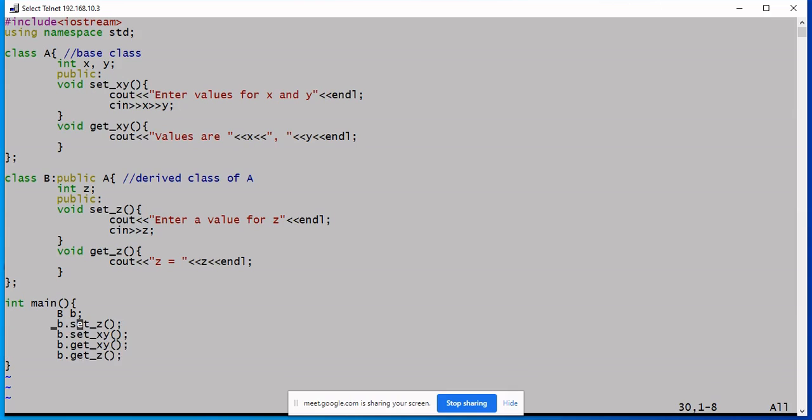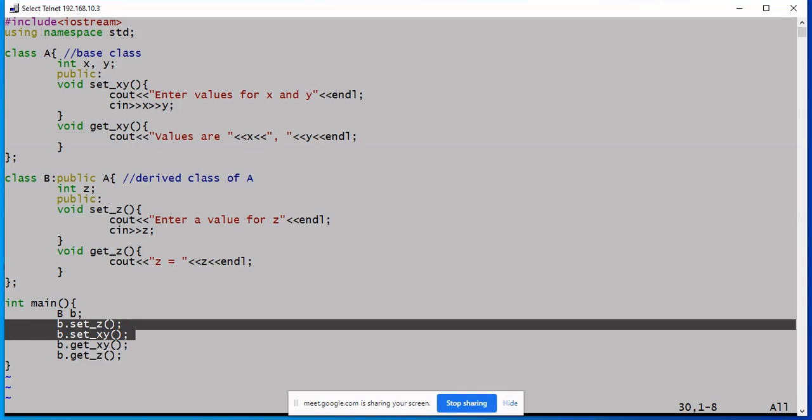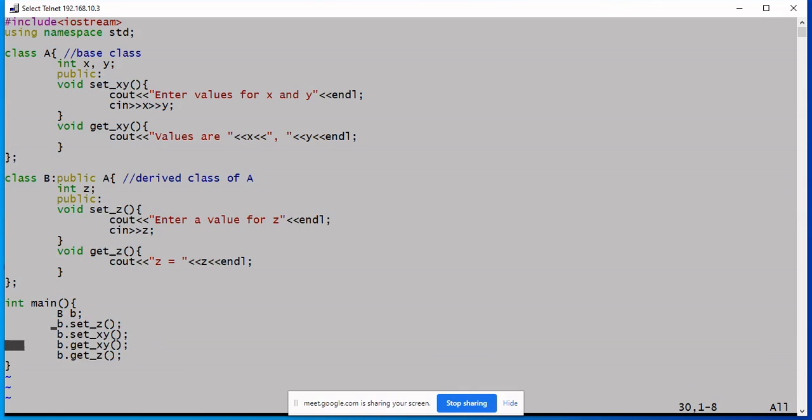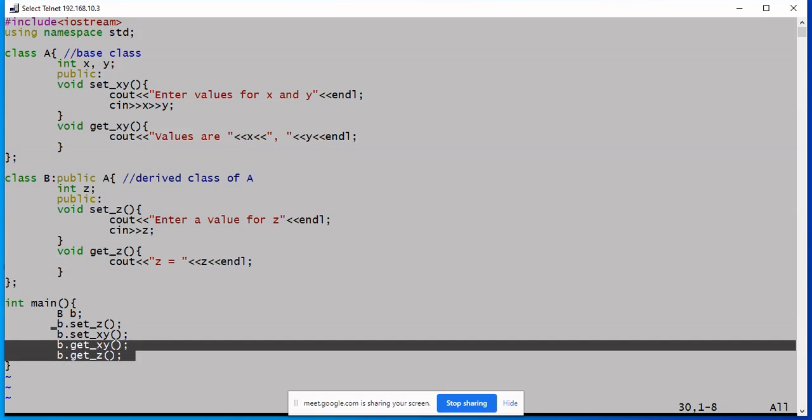Instead of calling two functions to set the values for x, y, z, can I reduce it to one here and one here?